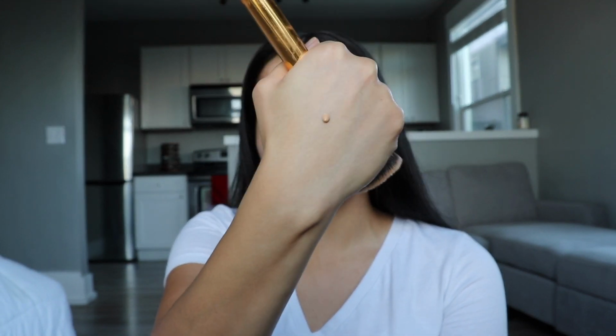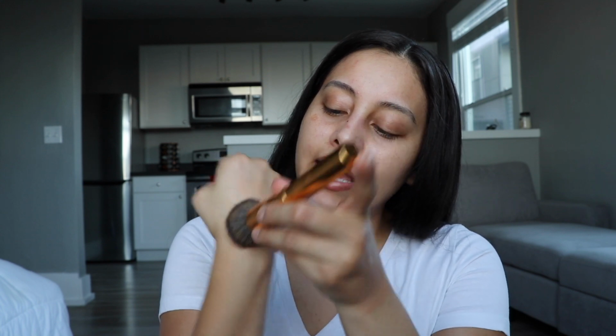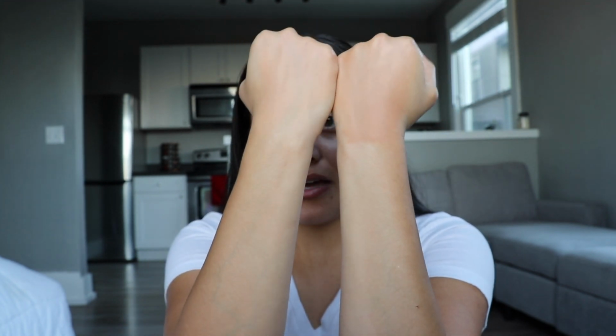This one is a much thicker consistency, but it's very nice and natural, and it has that OG DIOR foundation smell. It smells like rose water. Yeah, it's fancy and rose watery. It's not a word, but anyways, this foundation right here, as you can see, is very nice and vibrant. I think it's a little bit more glowy than our previous foundation that we swatched on this side. As you can see, both of these foundations are